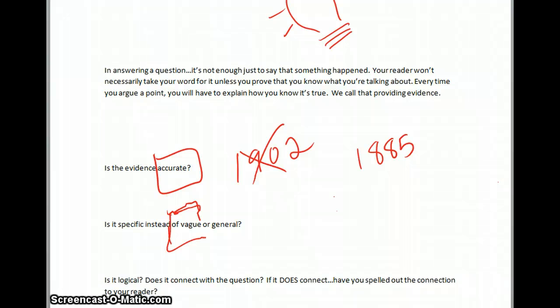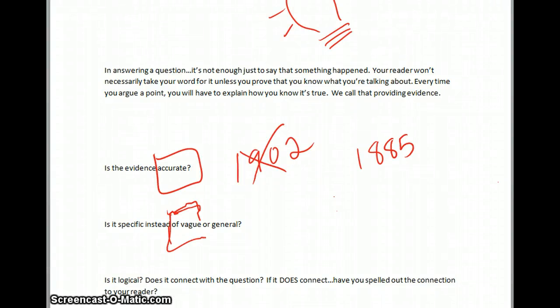And finally, is your evidence logical? Does it connect with the question? And if it does connect, have you spelled out the connection to your reader? If in the essay about Bryn Mawr you say it's a wonderful school, one of the best in the country, and proof of that is that we have this wonderful Spirit Day in October. Again, that might be evidence that Bryn Mawr is a great school, because you could talk about how there's so much school spirit,